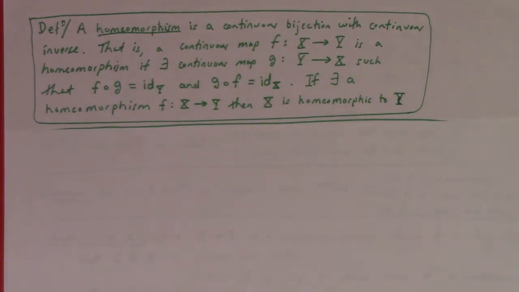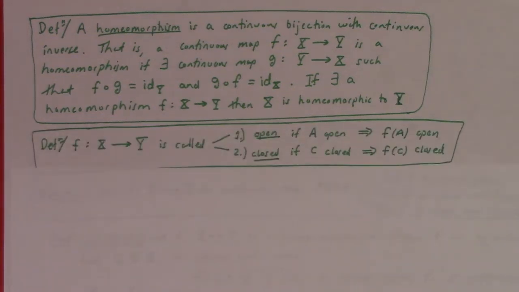We have no such privilege here. Continuity of the forward map does not guarantee continuity of the inverse map. I don't think I have an example handy to show you how that can get ruined, but examples exist. All right, so